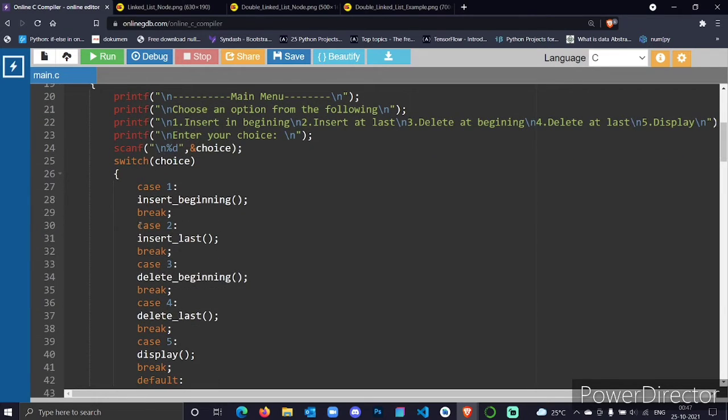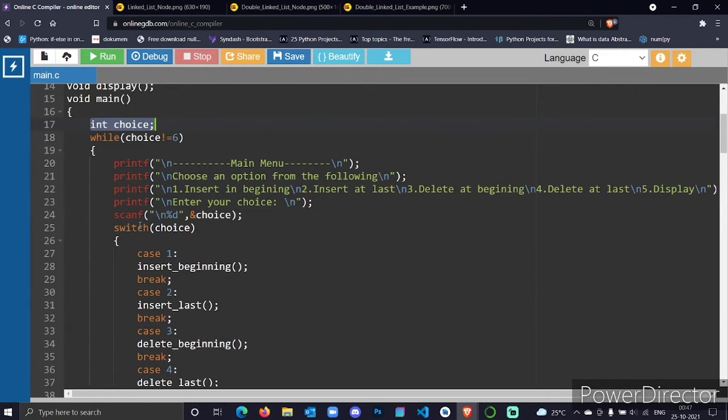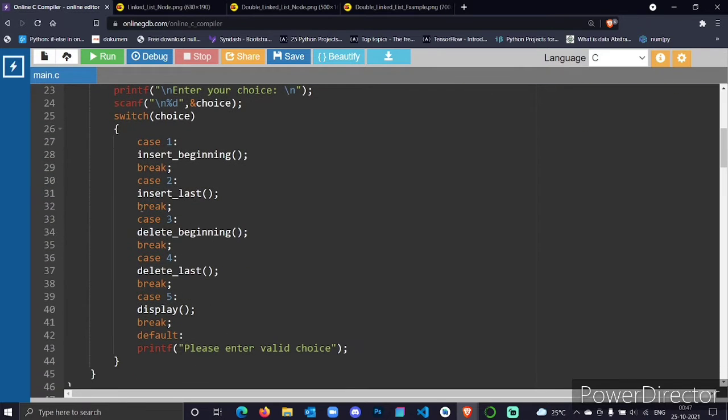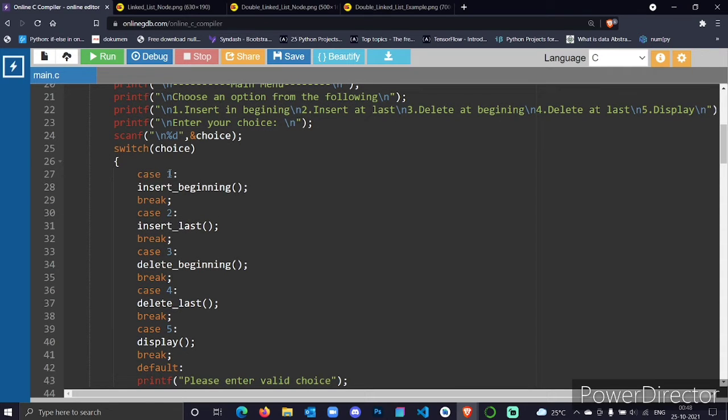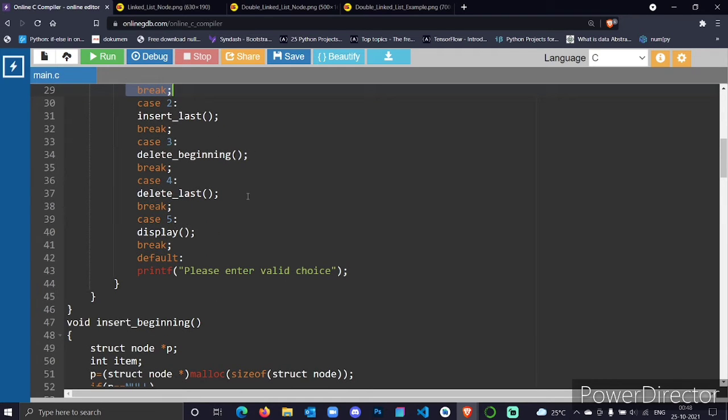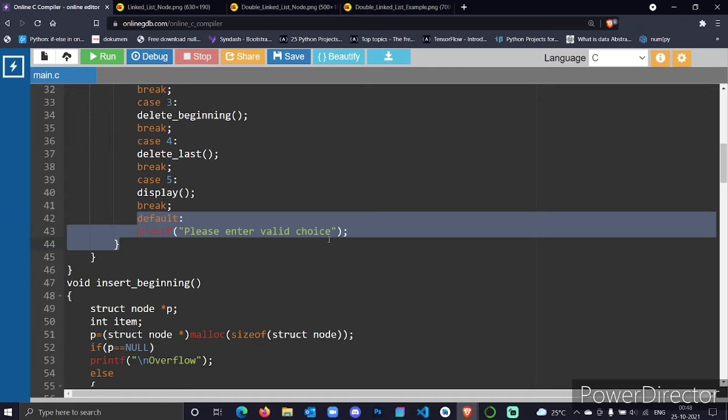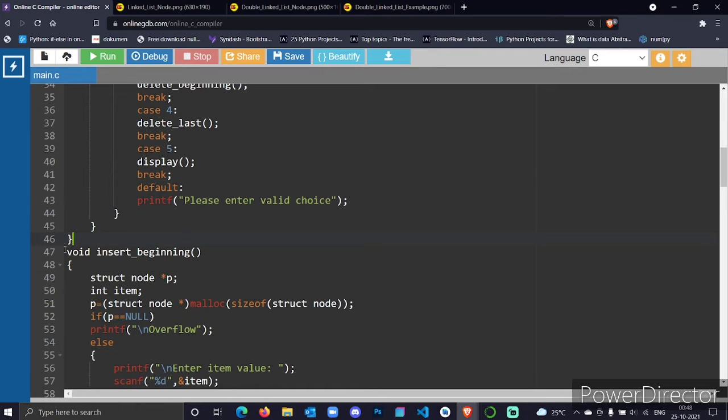then giving the switch case inside the while loop. This is used to give a user experience in which the user can choose which function they want to perform. If the user enters one, it is choice one, and it executes the insert beginning function. I also declared the default statement, which is the basic syntax of the switch statement. That is all about the main method. Going on to the important section, that is the function definitions.